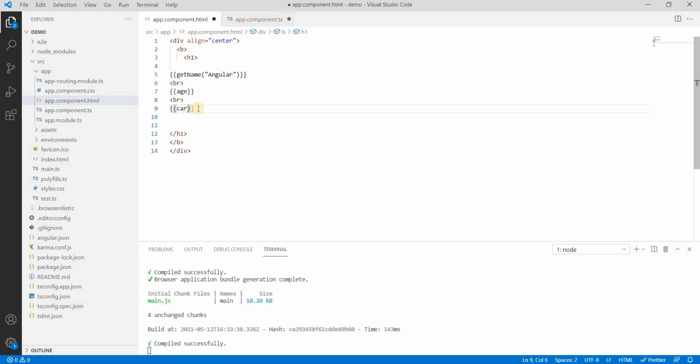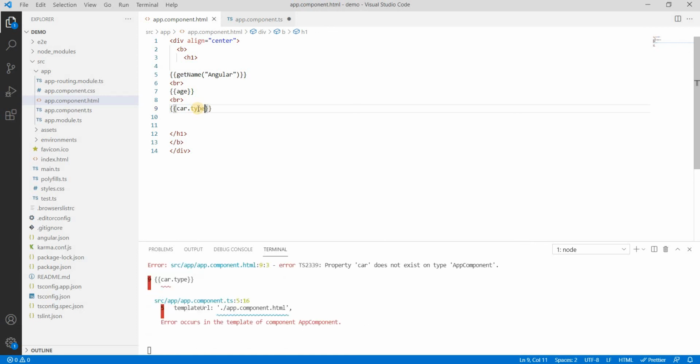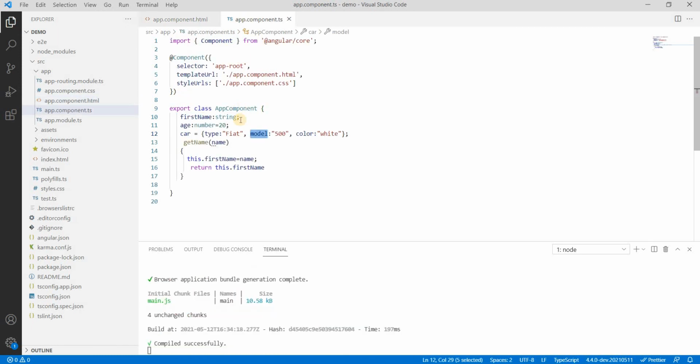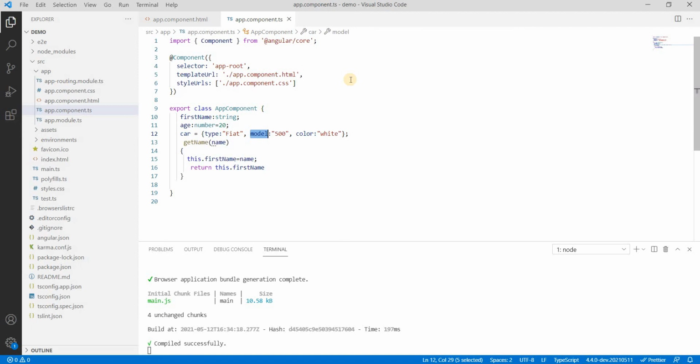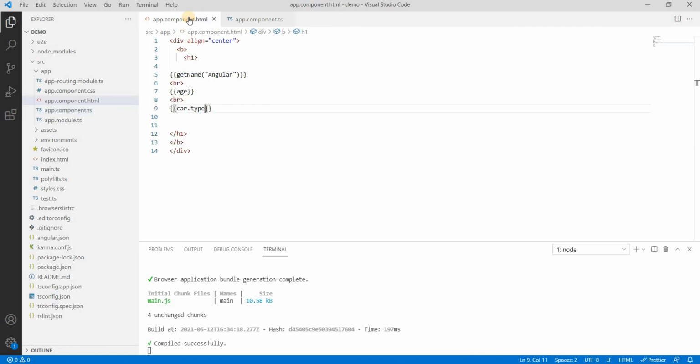So car dot, let's say its type. See, Fiat is there. So I can use any object and its properties in a similar way as we use a normal variable. Just first use the name of the object, then dot property name.